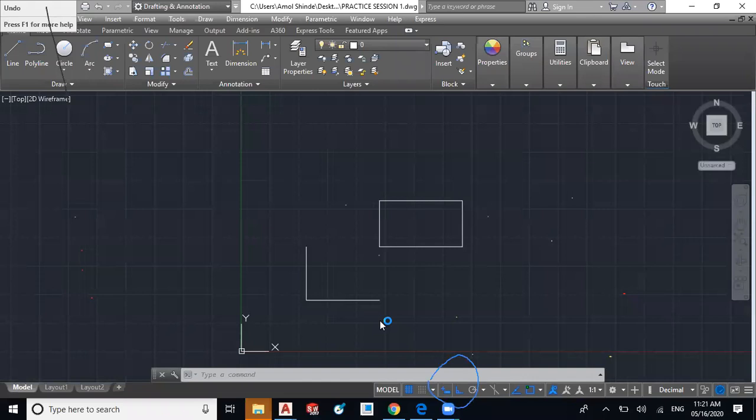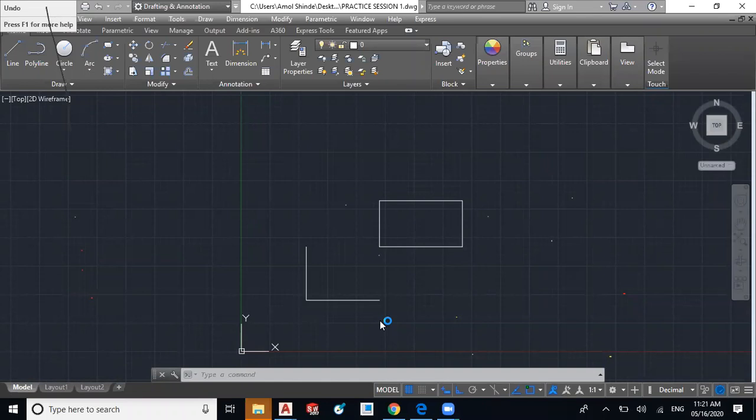I'm not using architectural units because this is not the session for architecture engineers. The engineering students from civil and mechanical are here, and I'm also from a mechanical background. So we generally use millimeter units, so I'm using millimeters. If anyone is from architecture, then you can use architectural units.